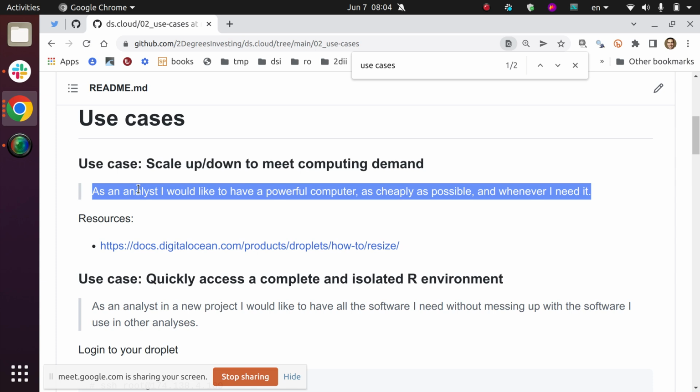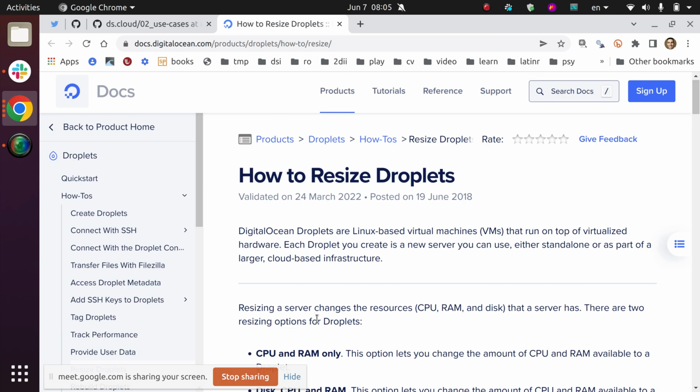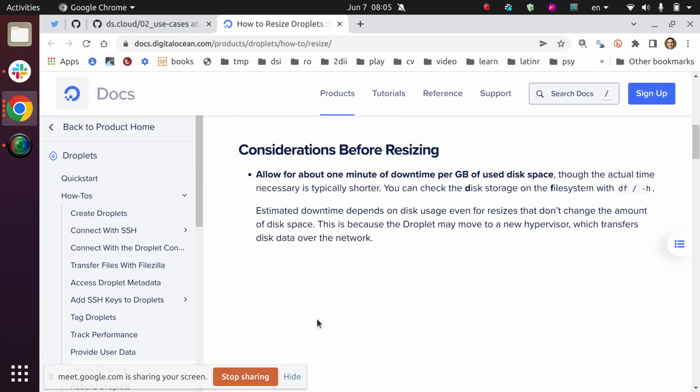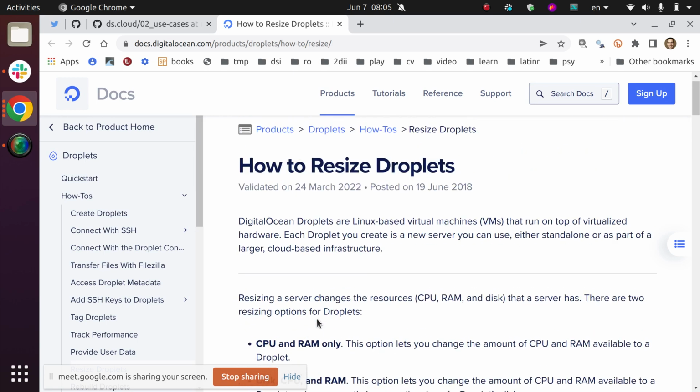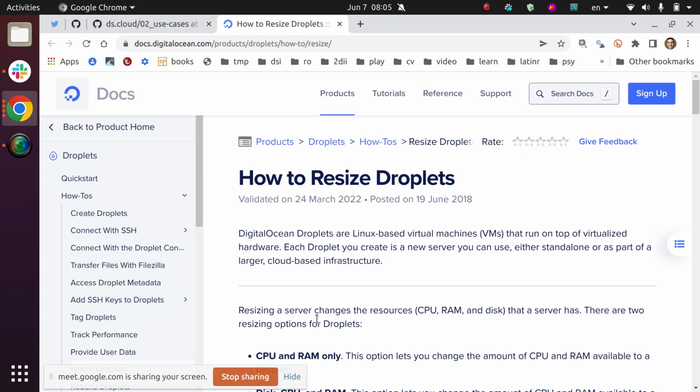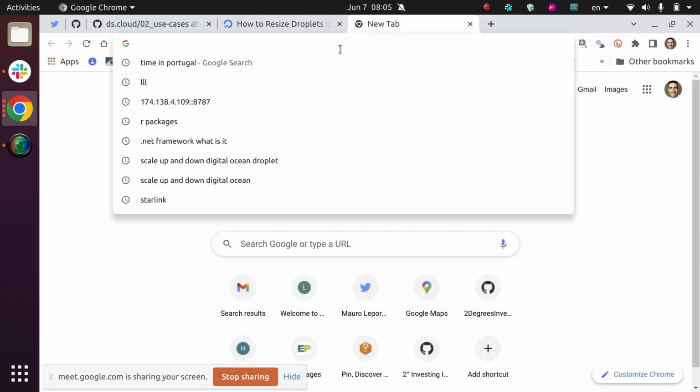So the ultimate source to maybe learn how to resize servers on DigitalOcean, for example, which is one of the many cloud providers, is probably this link that will also give you some tips about things that you should know before you resize your droplets. To be honest, for this demo, I'm probably going to violate some of their recommendations. So what I'm going to do is fairly simple, I'm going to go to DigitalOcean,